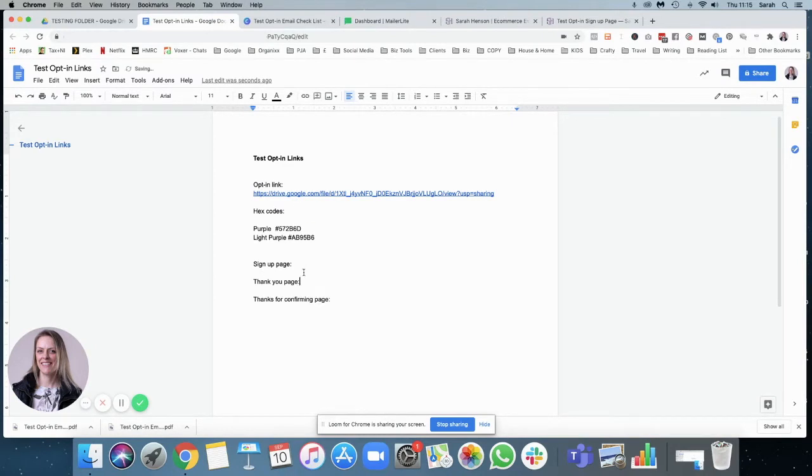Now, to get started on the actual pages, we need 3 pages. You'll only need 2 if you're not doing a double opt-in confirmation. Now, what that is, if you want people to confirm their email address before sending them stuff, it makes sure that you've got active email subscribers, and also it prevents bots from getting on your email list because they crawl